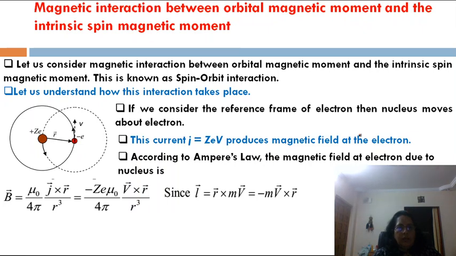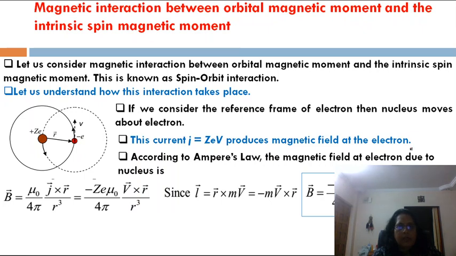And now the orbital magnetic angular momentum, L, is equal to r into m v. Or I can change the sign, minus m v into r. I am just changing the sign, okay, because of their position. Therefore, after substituting v cross r as L by m,